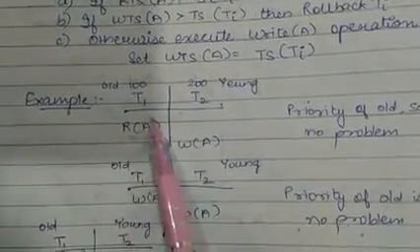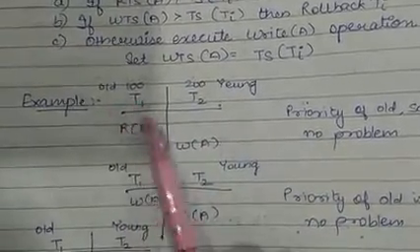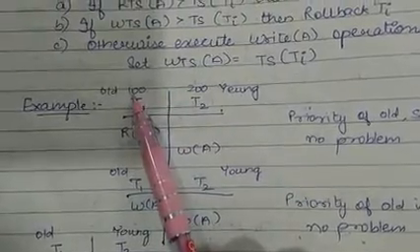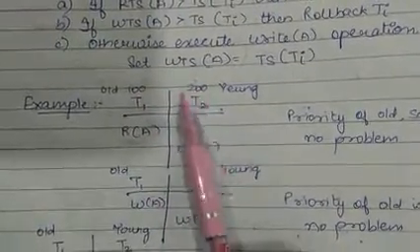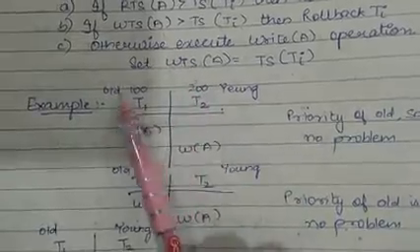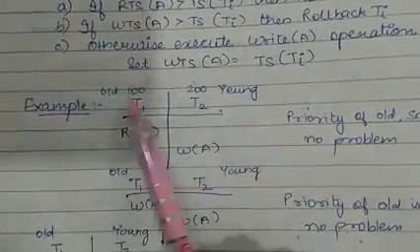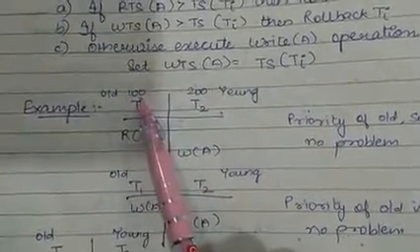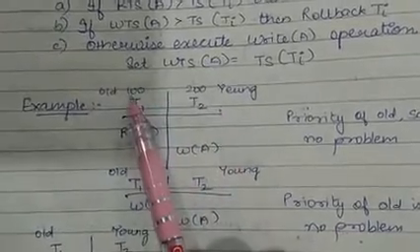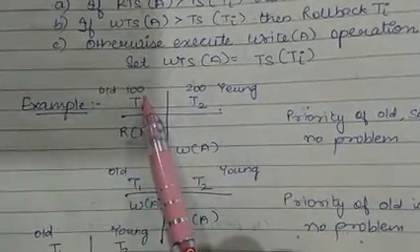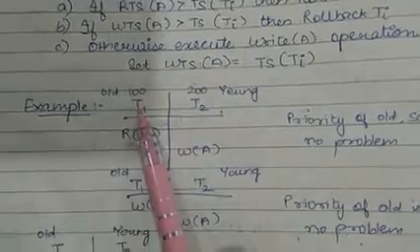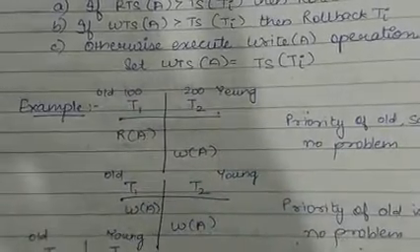So this transaction is the oldest transaction because it has a timestamp value of 100, and this has a value of 200. This can be given in any of the ways, so you just need to identify which is the oldest and which is the newest. According to this, the one with the lowest value is the oldest transaction and this is the youngest transaction. Okay,